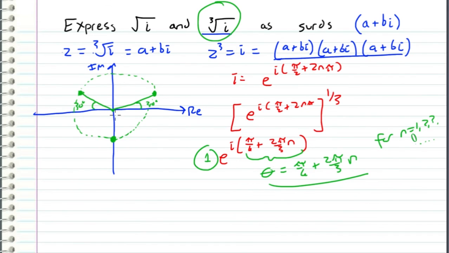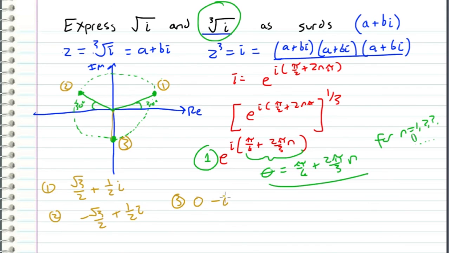Using your knowledge from geometry and the unit circle, we can find these points. This point right here, which I will call 1, is root 3 over 2 plus 1/2 i. It goes root 3 over 2 over in the real axis and 1/2 i in the imaginary axis. This point right here, which I will call 2, is going to be negative root 3 over 2 plus 1/2 i. And then we've got our last point, point 3, which is negative 1 in the imaginary axis, so this can be written as 0 minus i. So anyway, these would be your answers,